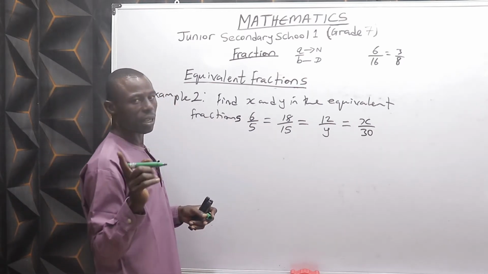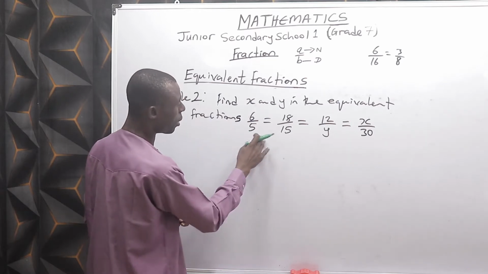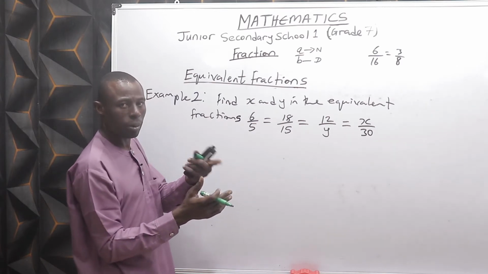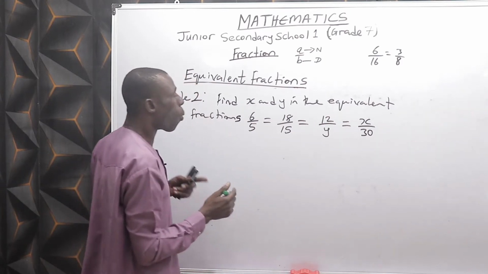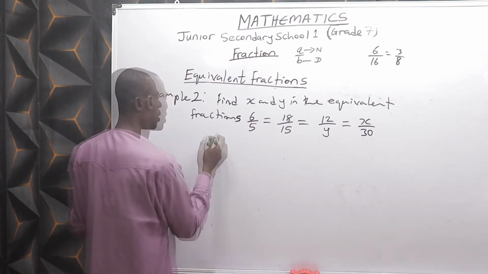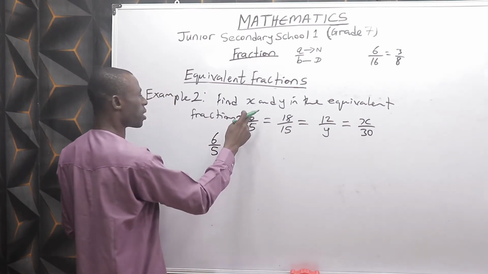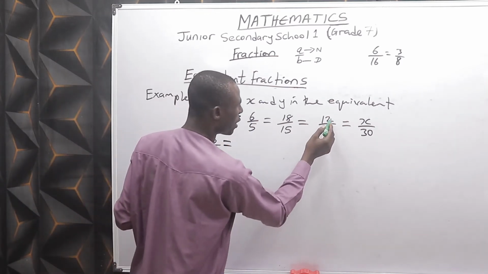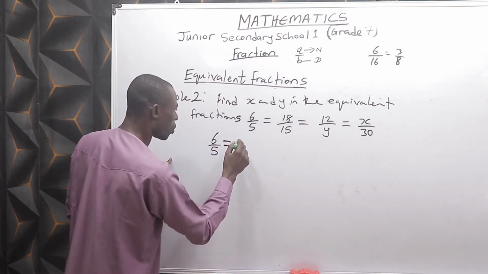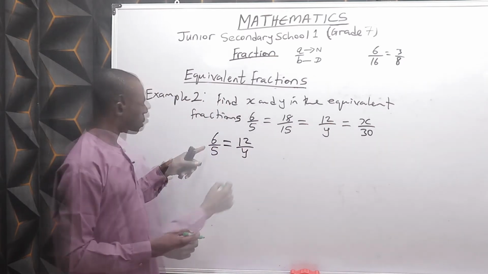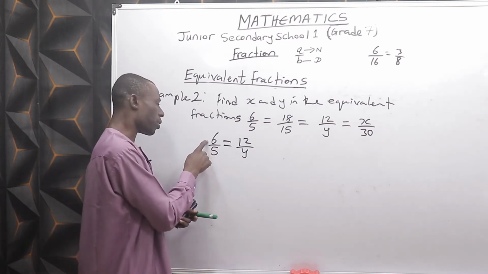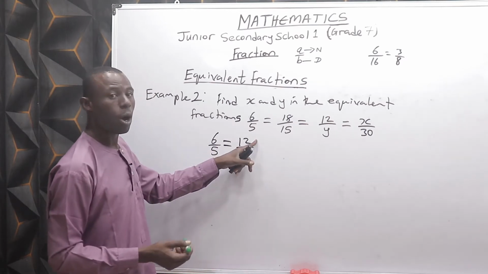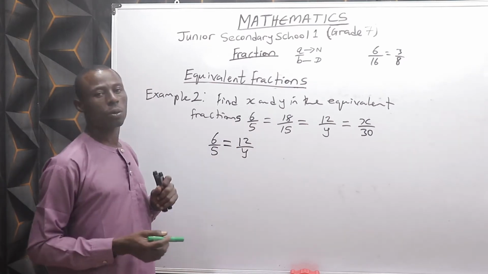So the secret is this. When you have more than 2 equivalent fractions and you are to find some numerators or denominators, what you do is always take the initial fraction, which is 6 over 5 in this case. Equate it to the immediate one here, 12 over y. Then ask yourself, what happens to 6 to become 12? That same thing that happens to 6 to become 12 must happen to 5 to become whatever the value of